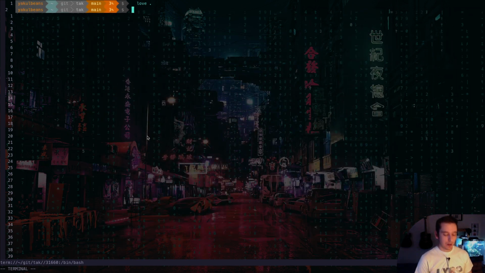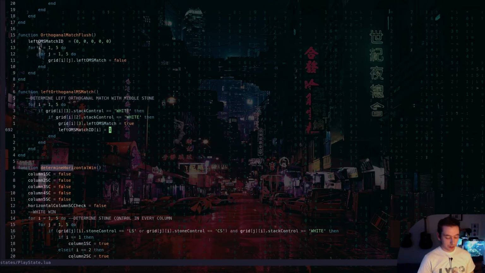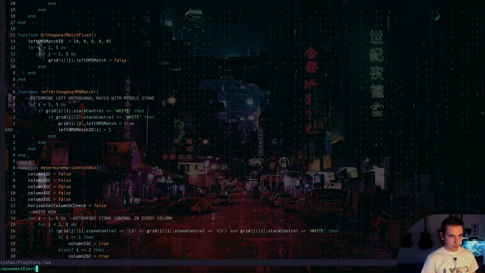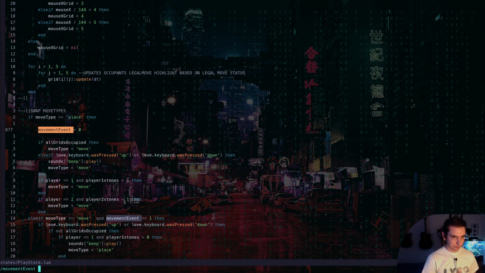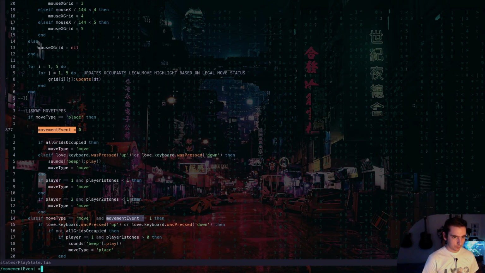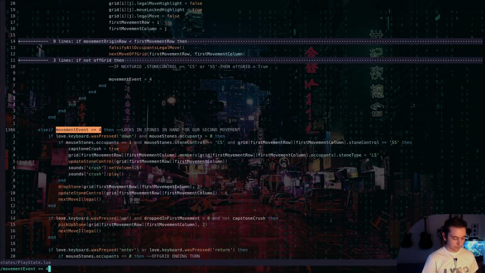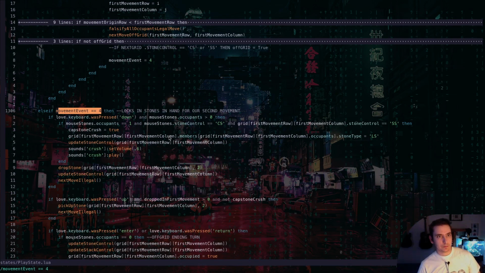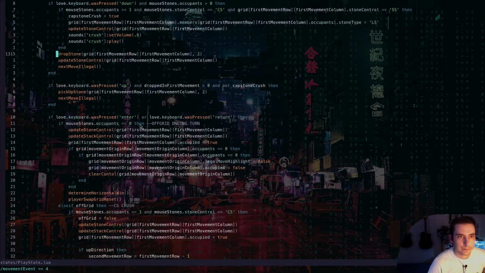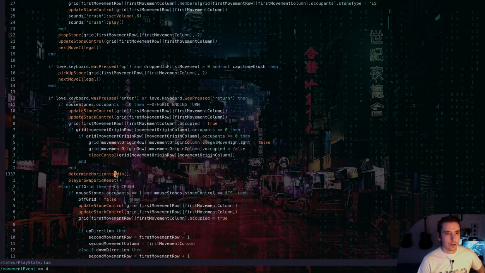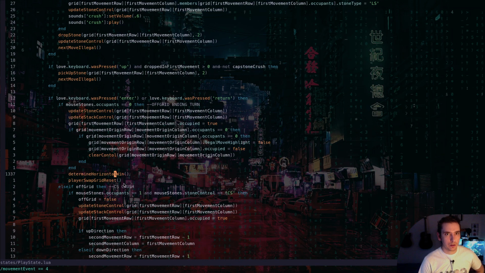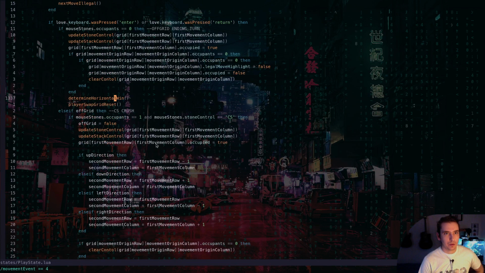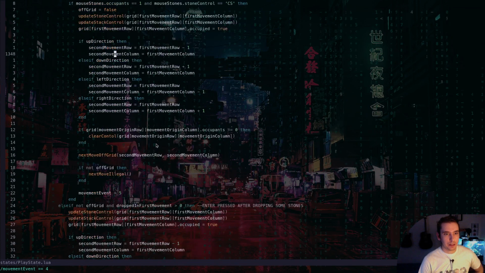So move type 4 when we press enter, which we've already checked, movement event 4. When we press enter, we are determining our horizontal win. But that is for an off-grid ending turn. We also need to do it